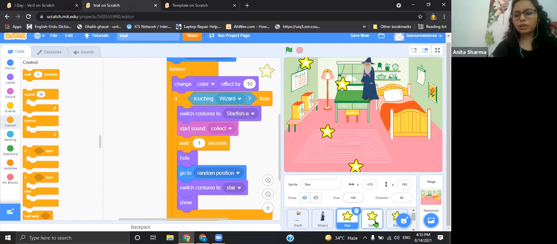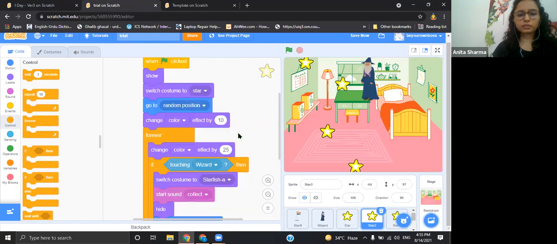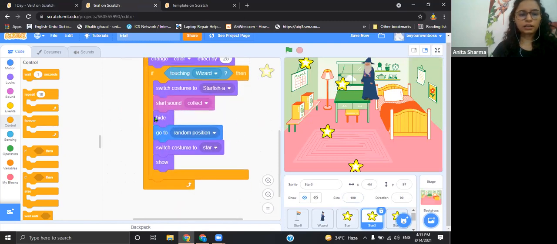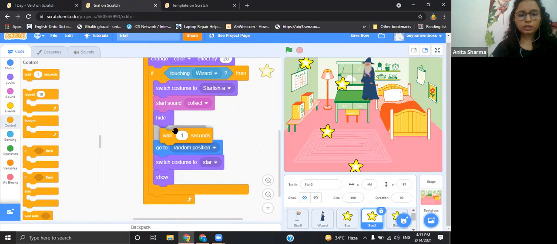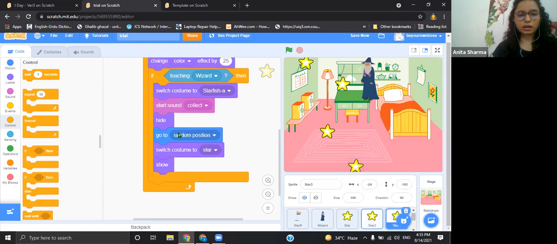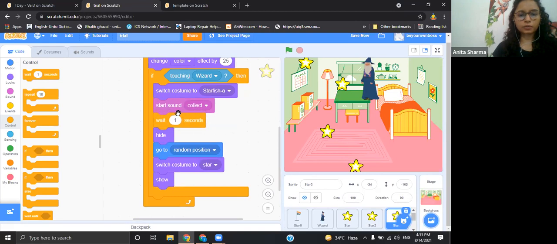That is simple. Let's go to the other star, get the wait block, use it here. Just below the start sound collect, you can use wait 1 second. So it will get that time to switch the costume. Again, let's go back to the third star, use the wait block, use it below start sound.